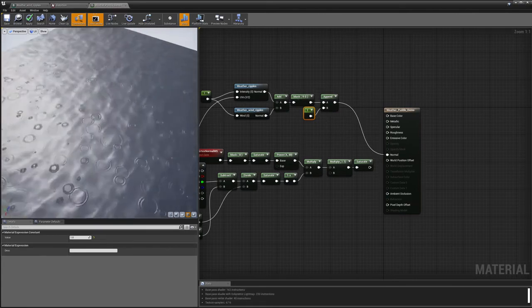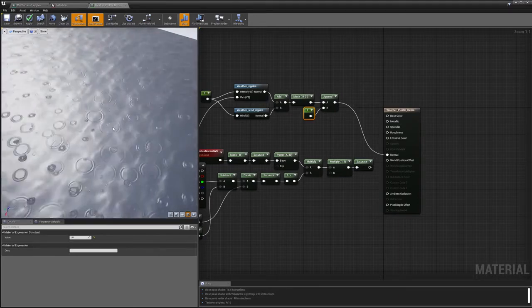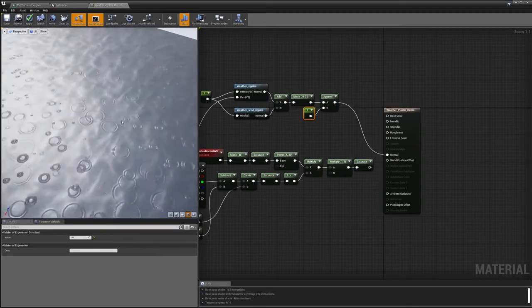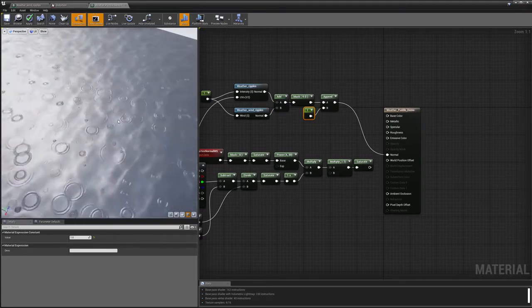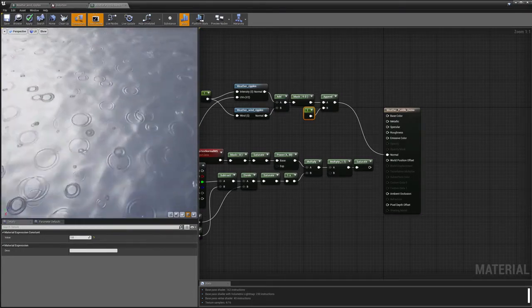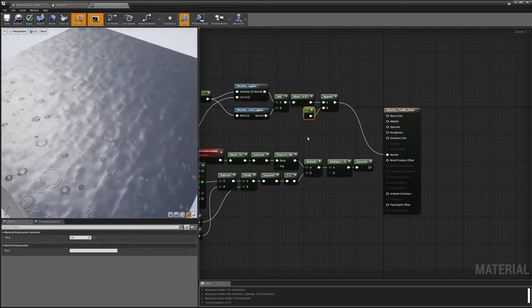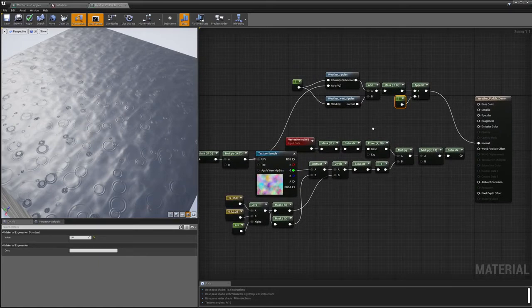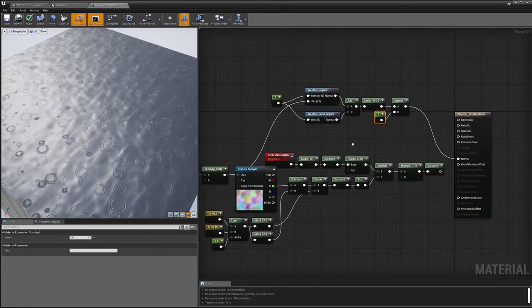Nice, so you can see I have the ripples scrolling across, the wind ripples, and they're combined correctly with the rain ripples. But this still isn't quite right because right now I've just got like the whole world is a puddle, and that's not exactly what I want. So I need to incorporate the puddle mask that I created. So in order to do that,